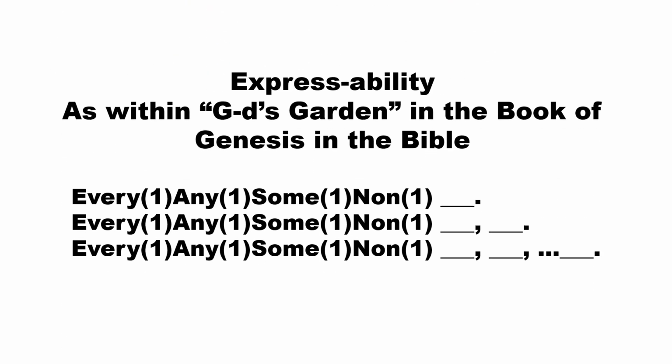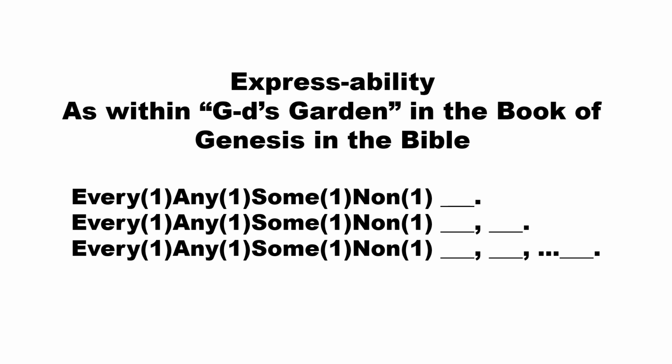I don't know how many people have read the Bible much or heard about it. They talk about God's garden in the book of Genesis in the Bible. What could a God's garden be? But it's a cool idea. We all thought it was a cool idea, but maybe this helps explain what was being referred to in the book of Genesis, as taught by Moses.